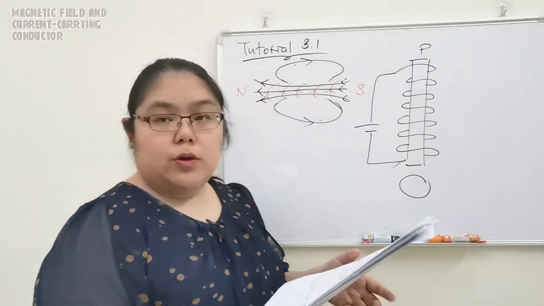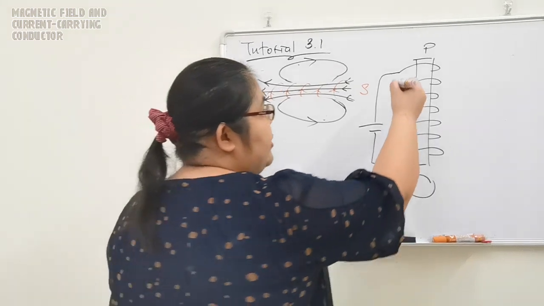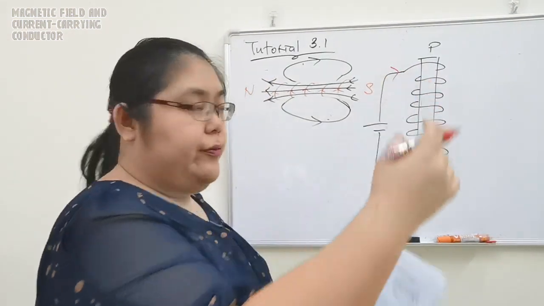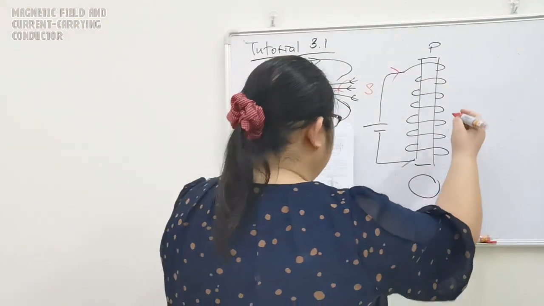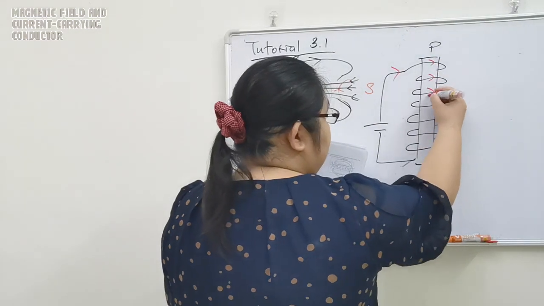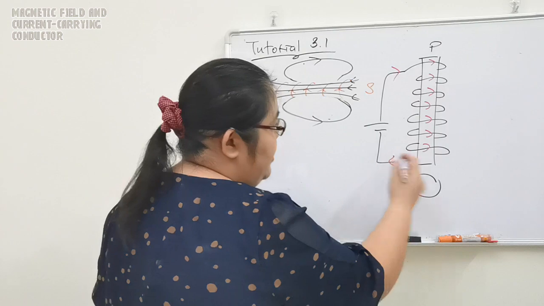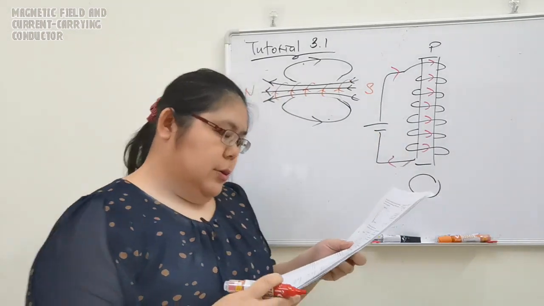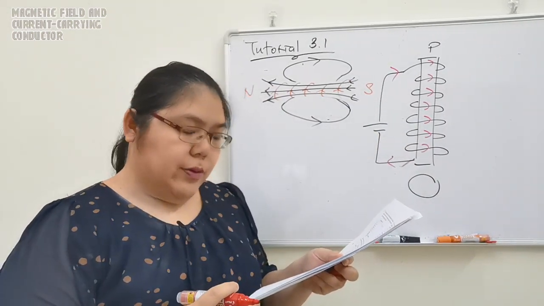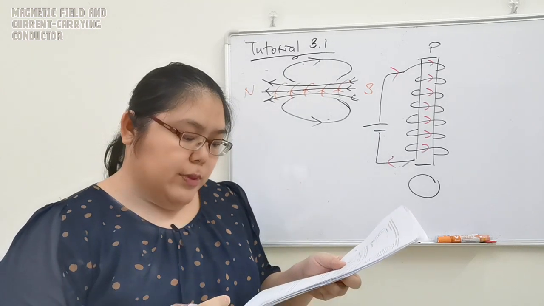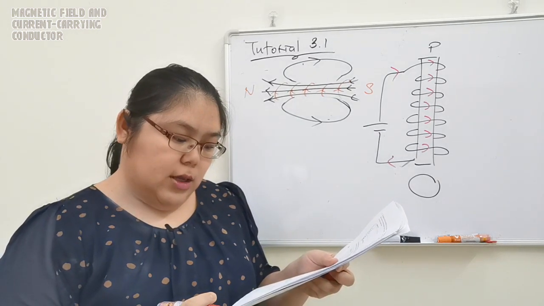Okay, when I close the switch, we draw the current first. The current starts to flow. So that means if we follow here, the current must be like this. We follow the information, then from the back, then come back. So now, after we label the current, the question B1 asks you to name the magnetic pole at the end